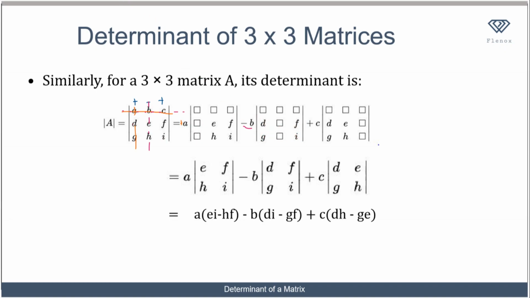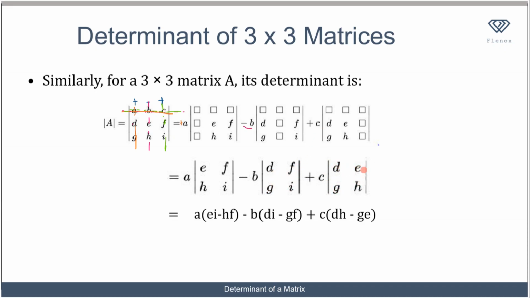And you do the same thing to the third element here, which is C. So I draw a horizontal line across and a vertical line across, and I have plus C. Now what am I left with? D and E, G and H. So this reduces to A into bracket, what is left here: E, F, H, I, minus B bracket D, F, G, I, and plus C bracket